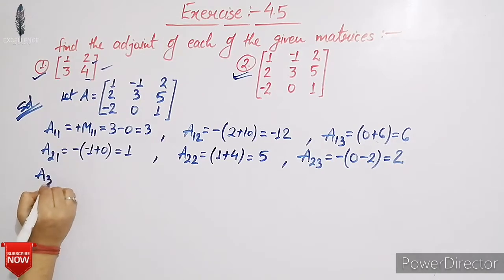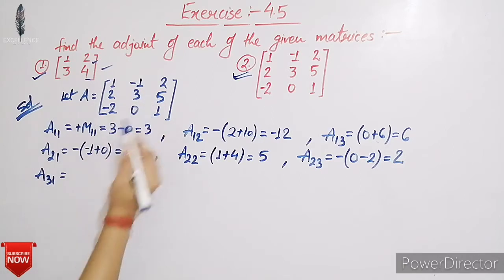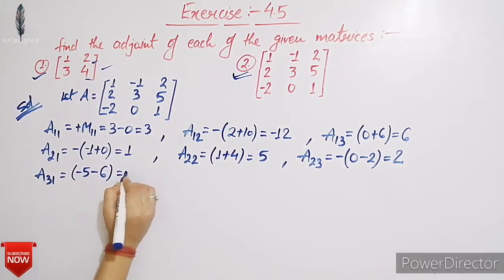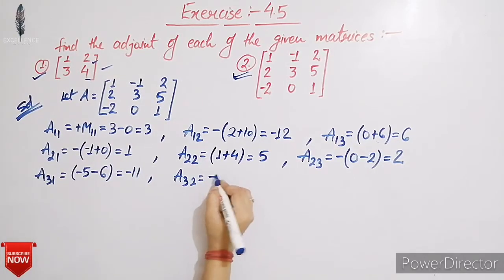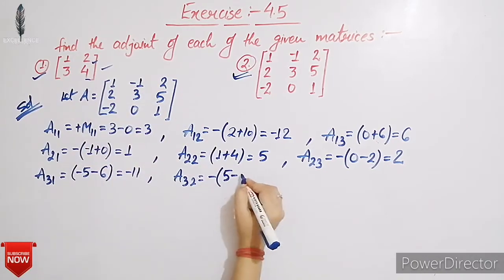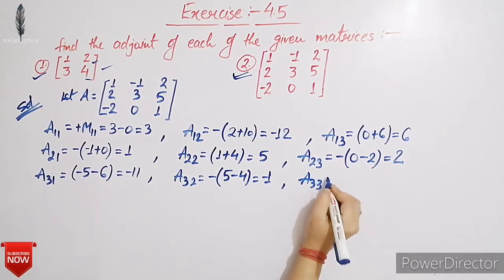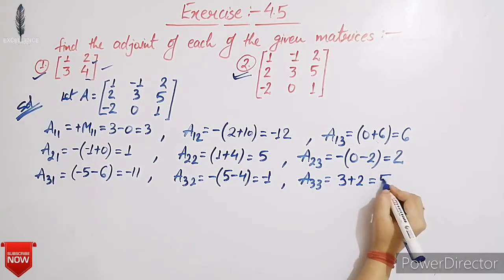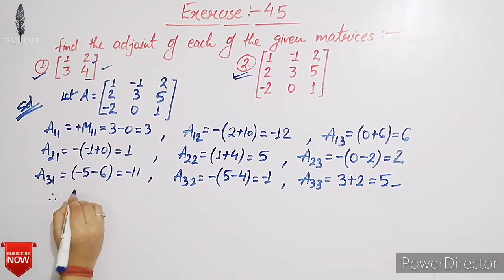Now A31 is equal to on blocking third row first column, here we have minus 5 minus 6, that is equal to minus 11. Now A32 is equal to negative, here 5 minus 4, that is equal to minus 1. Now A33 is equal to on blocking third row third column, here we have 3 plus 2, that is equal to 5. So here adjoint A